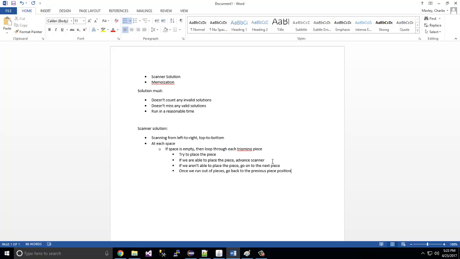So this is recursion, so this will go back to the previous piece and then continue on with the loop there, either going on to the next piece at that spot or maybe going back even further. And this will all be shown visually in just a minute. Alright, if the space is full though,